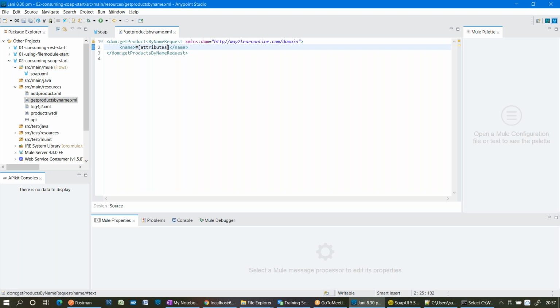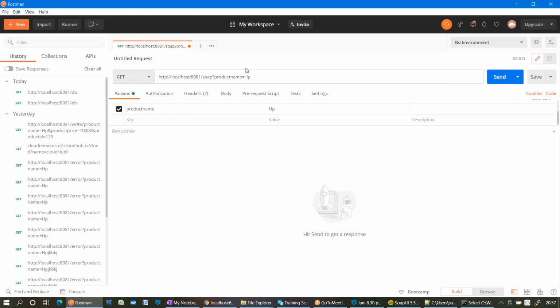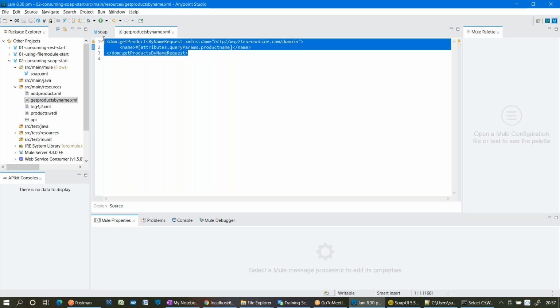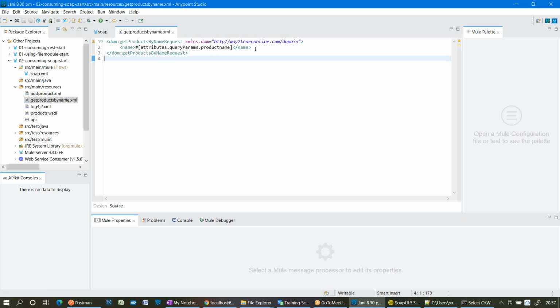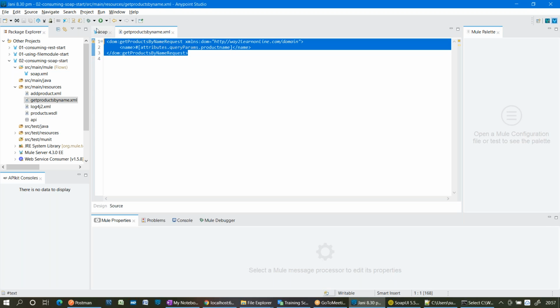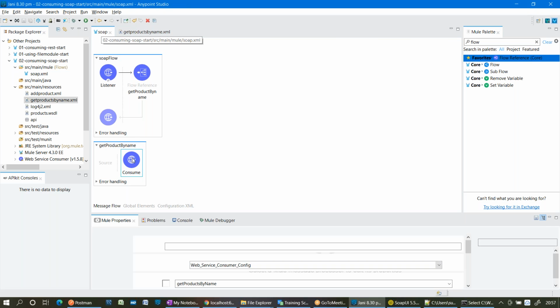Yeah, someone told me right now: attributes.queryParams.productName. Save it. Okay, now I created the XML template. Once you deploy, in the name attribute we will get a value, either HP or Mac, whatever it is.